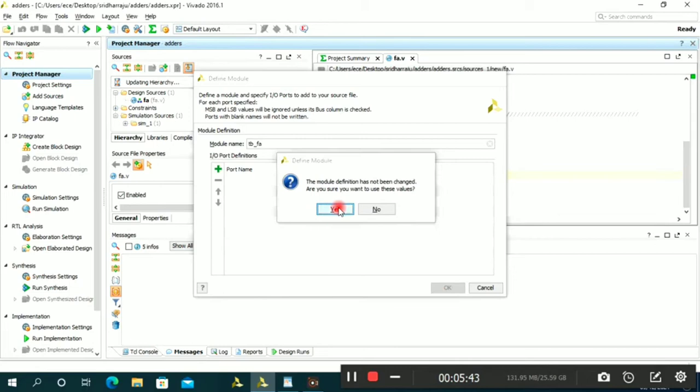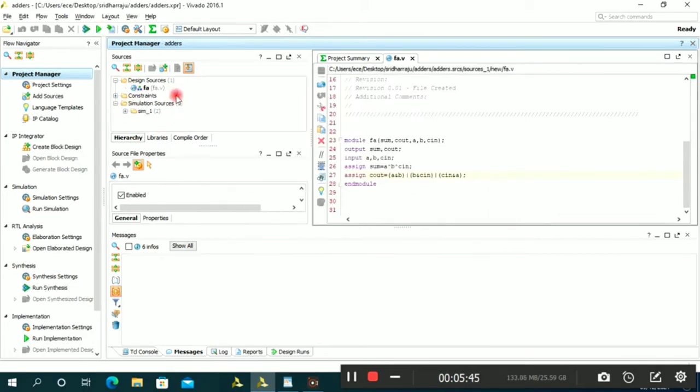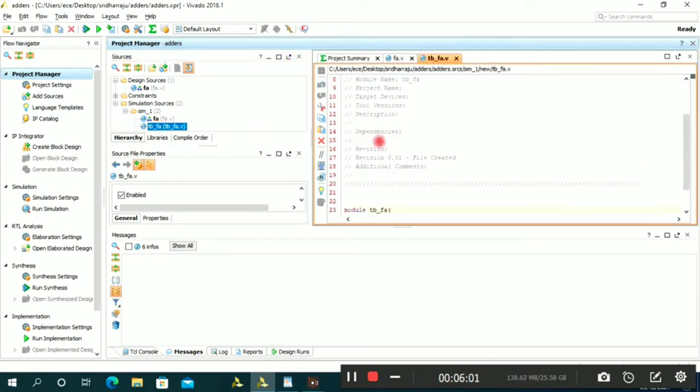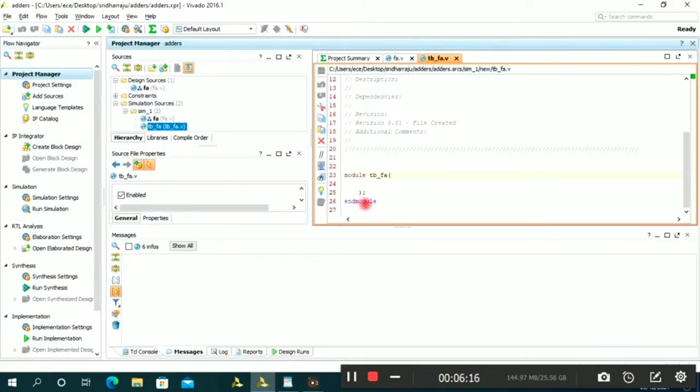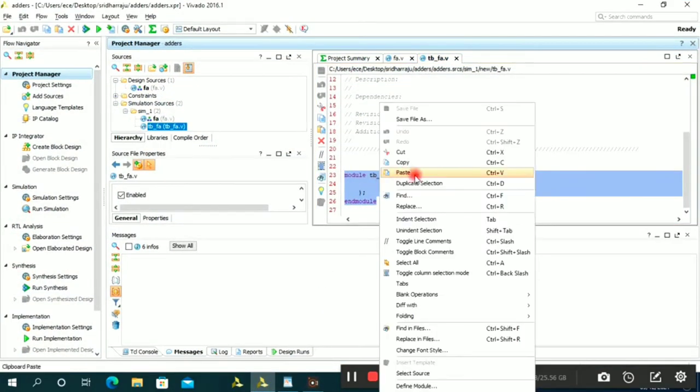OK. Then yes. Now in our project manager sources window, expand it, open sim_1. You can see here tb_fa. You just double click on it, then one editor window will open. Now you can write the test bench program here. I already typed the test bench program, I just copied it and pasted it here.